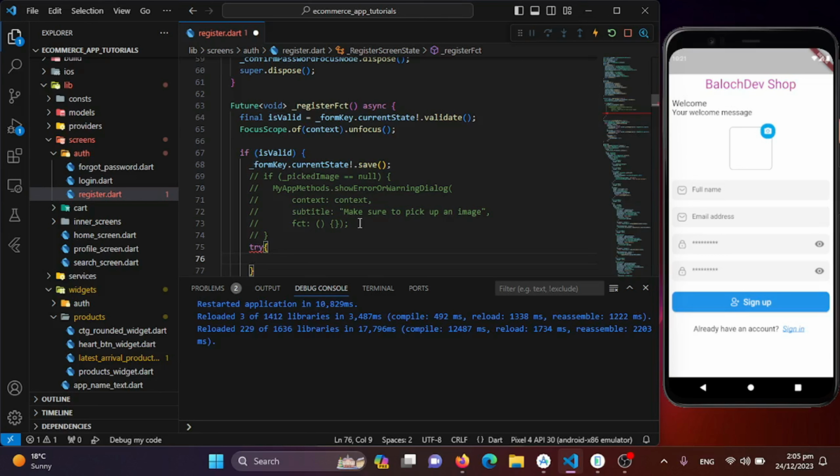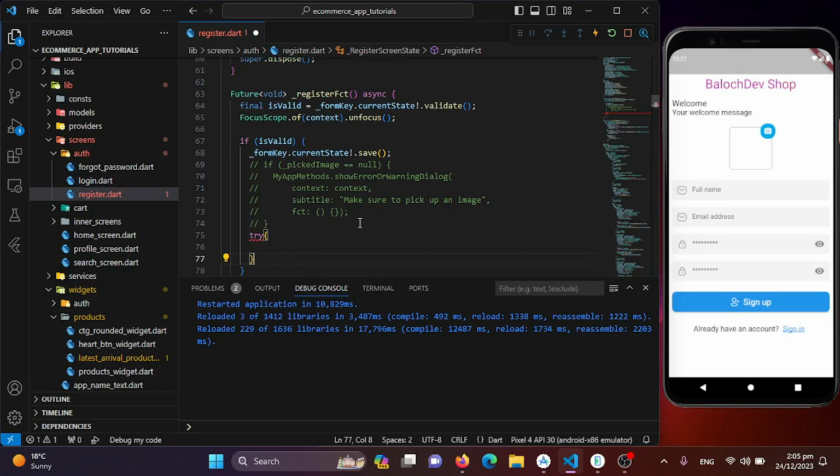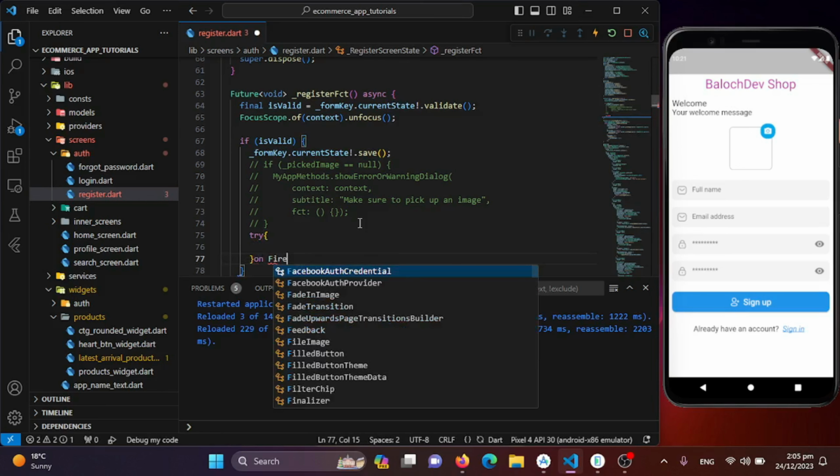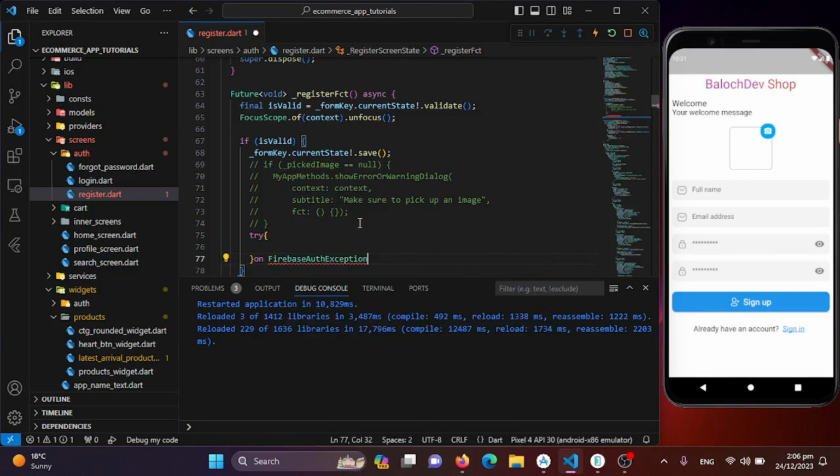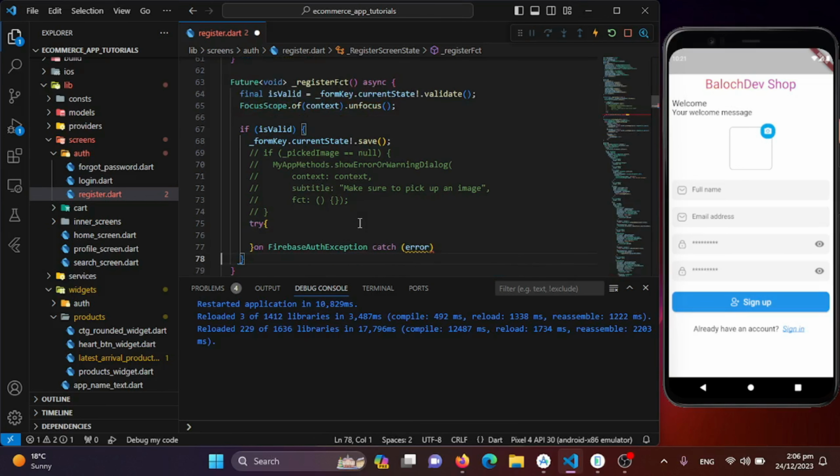For the try, we will be using the Firebase auth. We will also be using FirebaseAuthException, and it will throw an error when an error occurs. So we will be doing this also, which will be error, and the same thing here. For that we will be using our app methods to show the message on the screen. So I'll make it await,